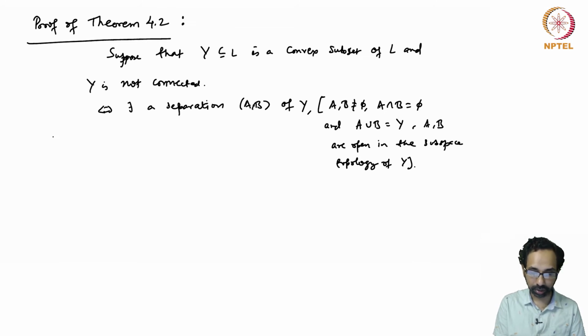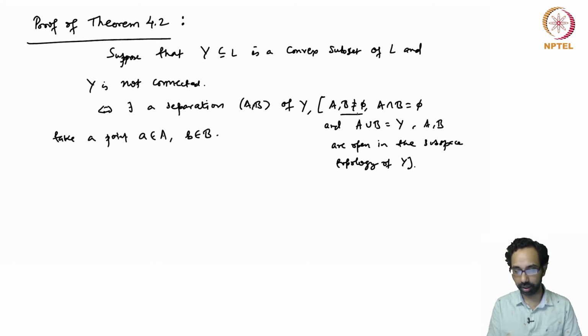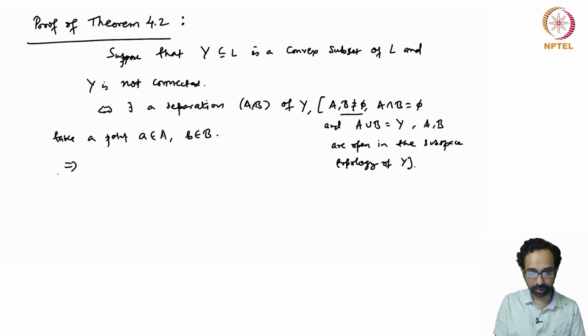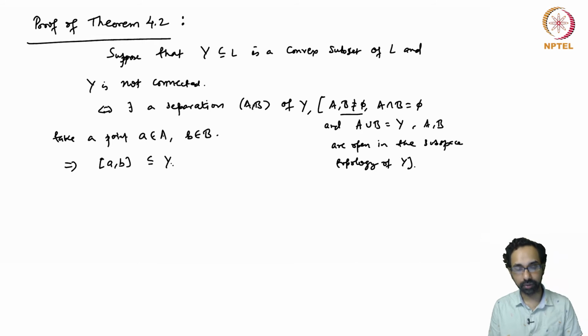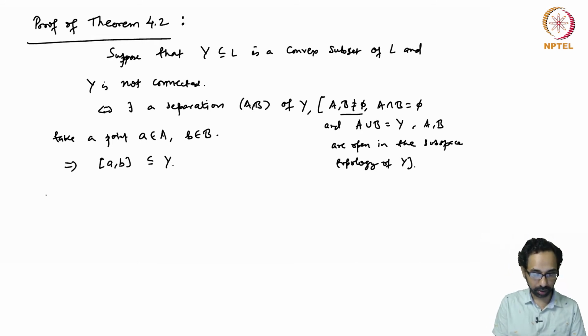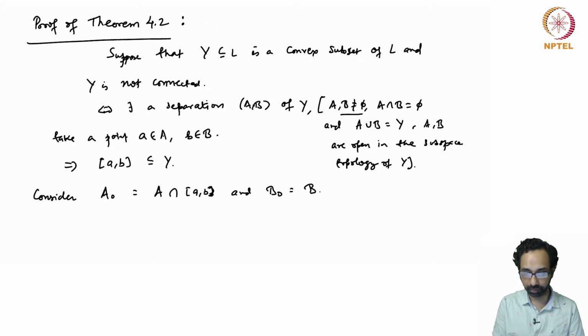Now let us take a point a in A and b in B. This is possible because both are non-empty. So this means, because Y is convex, that the closed interval [a,b] is a subset of Y. Now if we take the intersection A0 of A with [a,b] and B0 of B with [a,b],